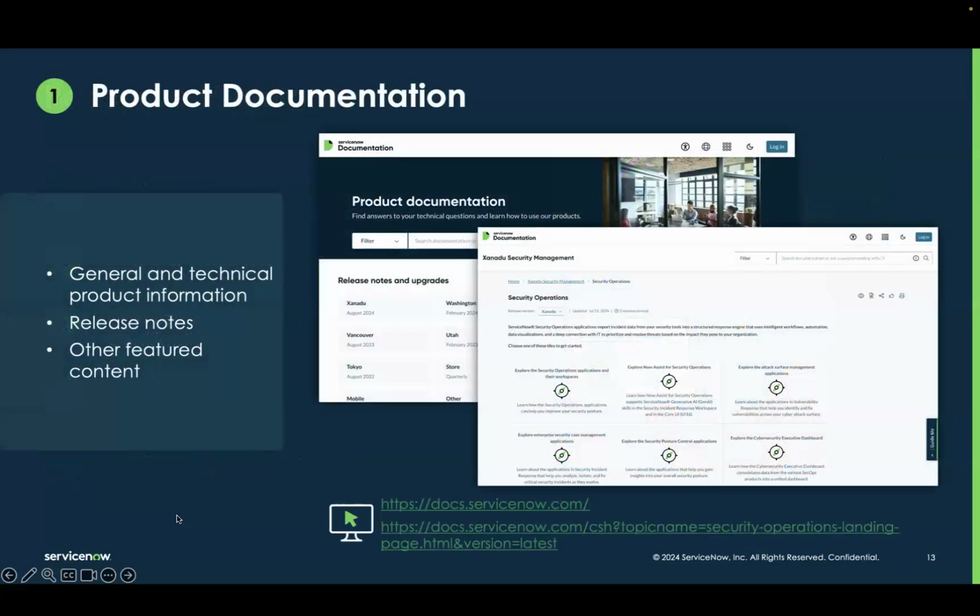So first, really key go-to place, which I'm sure you're all familiar with. Maybe you have it bookmarked. If not, would definitely recommend doing so. That's our product documentation or our docs site. And this is where you're going to find all the latest product information and release notes, as well as other helpful content such as setup guides and instructions on learning about your entitlements, which we'll be sharing those links in